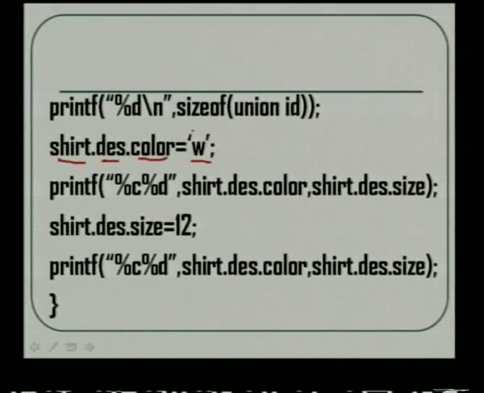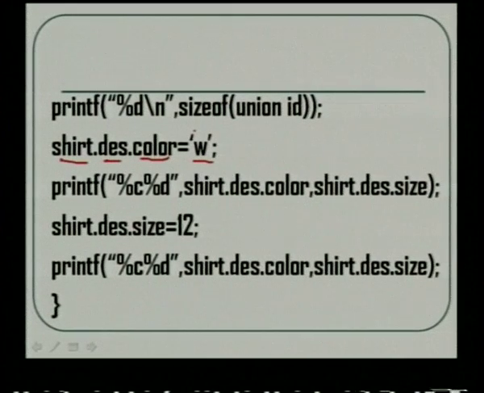Now, we should remember that always while declaring unions, at a time only one member of the union can be initialized with a value. This is because only one memory block is allocated for a union. So, at a time only one member can be stored in that memory block. Only after that member is removed from the memory can you initialize another member of the union with a value. So, here if you see in this line, I am initializing only one of the members. There are two members in that union, one is color, the other is size. Here in the first step I am initializing only the color.